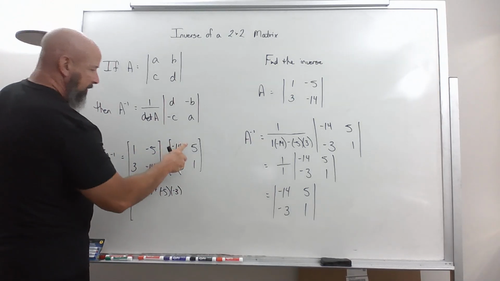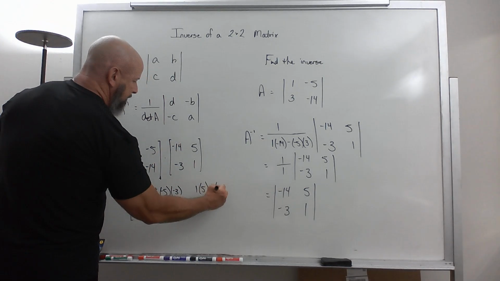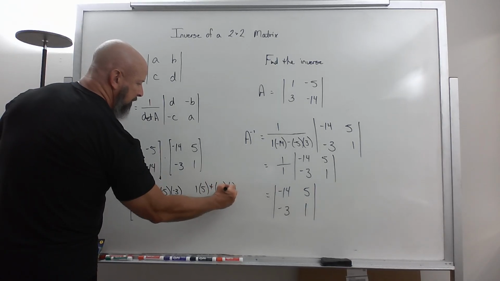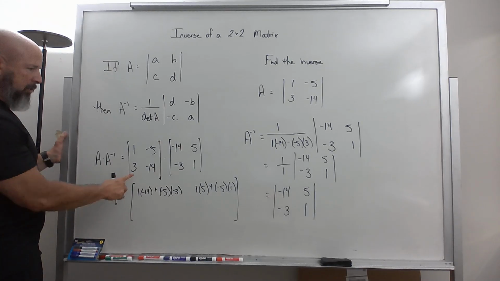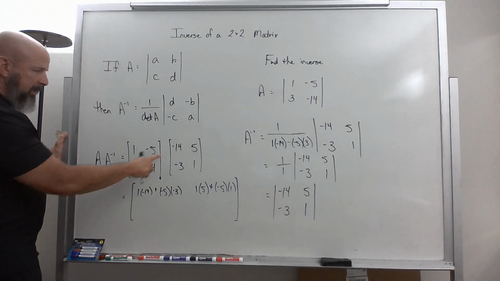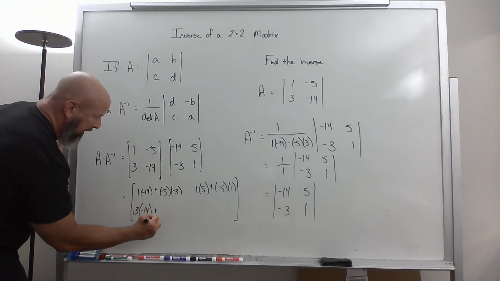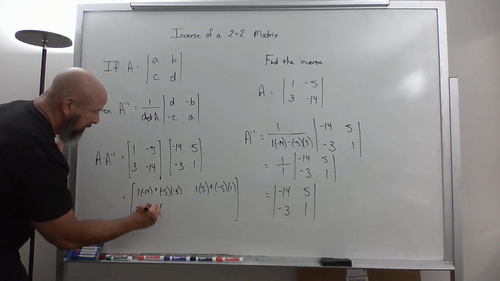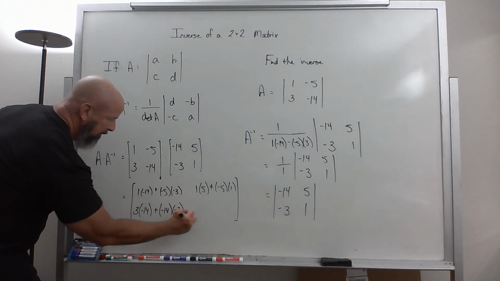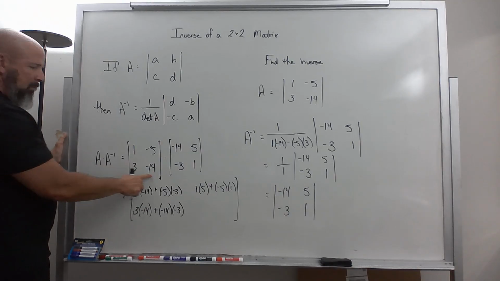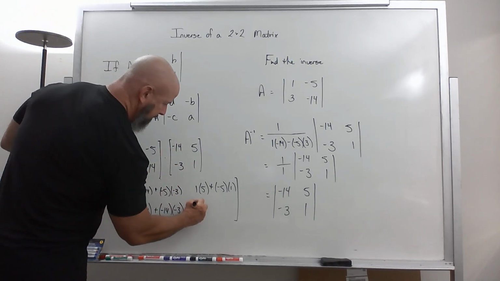And then 1 times 5 plus -5 times 1. I go to row 2. Let's see, 3 times -14 plus -14 times -3. And second row times second column, 3 times 5